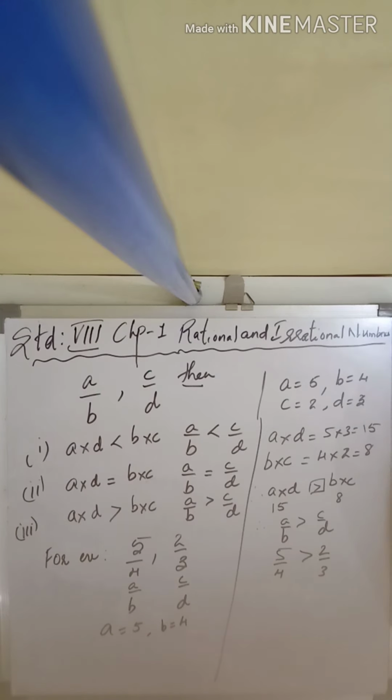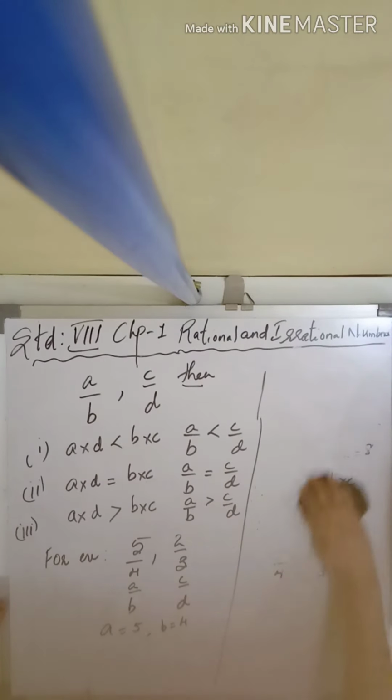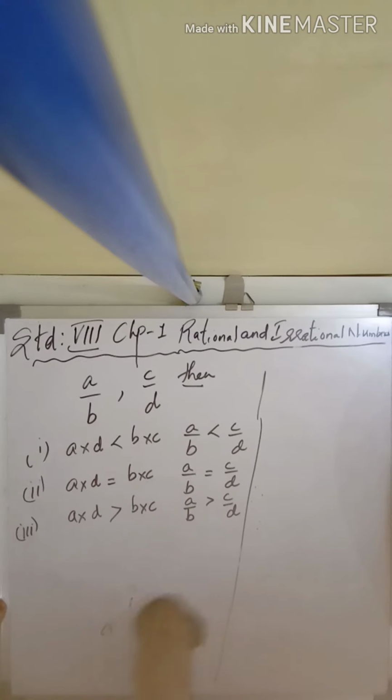Understood children? You have understood how to apply this rule? Okay, copy down. Now one more example, we'll take one more example to make this concept clear. Suppose we take the fraction, say for example, second example. Children, you are supposed to copy all these notes by pausing the video in between and keep your class book fully complete. Okay. Now second example, if I take, suppose minus 7 upon 9, and I can go for minus